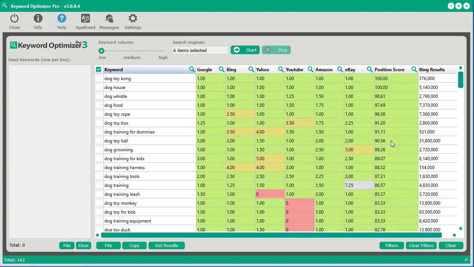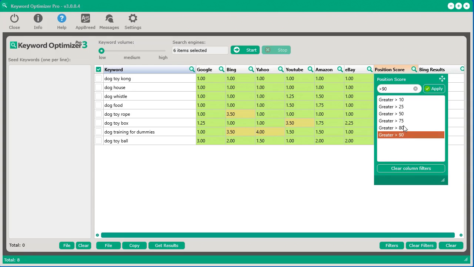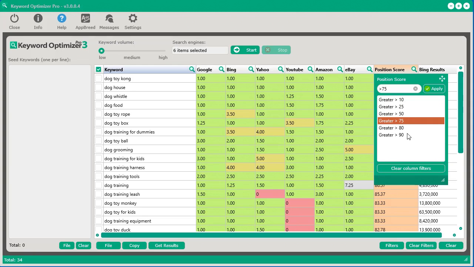So like you look at this column as a position score. So if you click that, I want to see everything that's greater than 50. So we do that and it'll automatically update. And you can just go back and click what you want. It'll automatically show it. Now, if you see something in here that you don't want to use, you want to